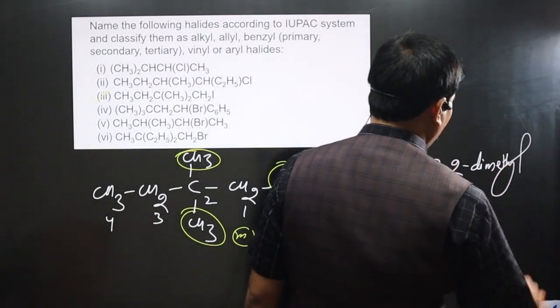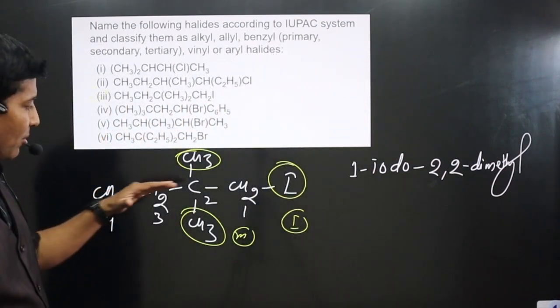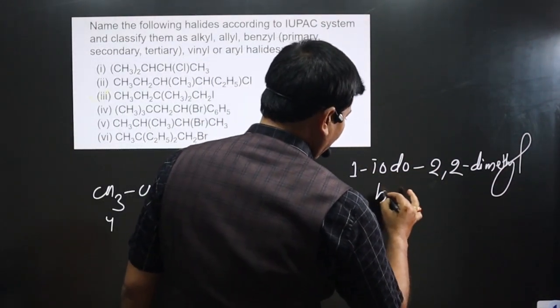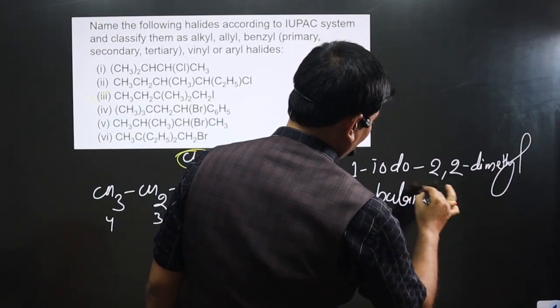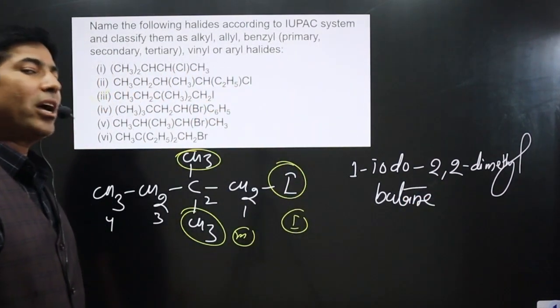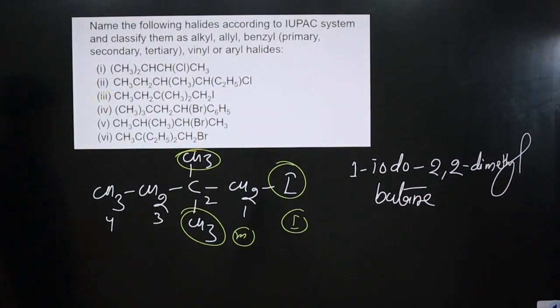And in the parent chain, how many carbons are there? In total, 4 carbons are there. Then we mention butane. So the name is 1-iodo-2,2-dimethylbutane. Okay, again we can go for the